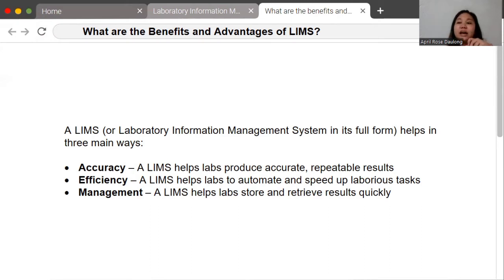So it can manage data kanang naradira para ma-retrieve nimo, maikot nimo, ma-edit nimo, and makita nimo, dili ka parehas sa kanang traditional or kanang manumano nga isod kaayo makita ang mga data na imong store, di ba? Para sa papel, posible ito mawala. So ang LIMS, it can manage katong mga data na